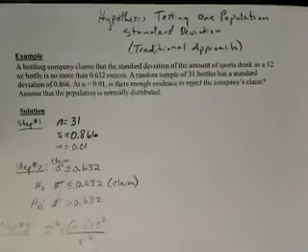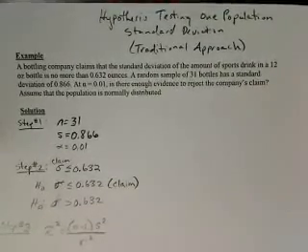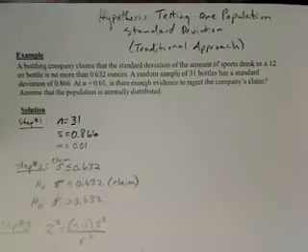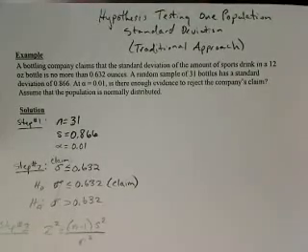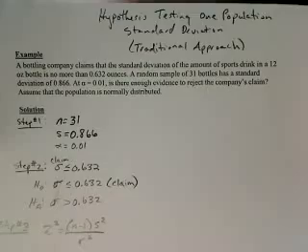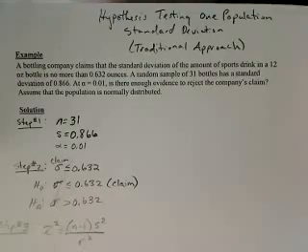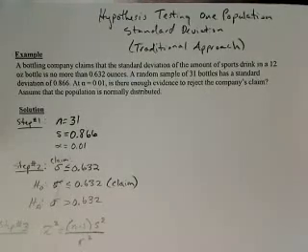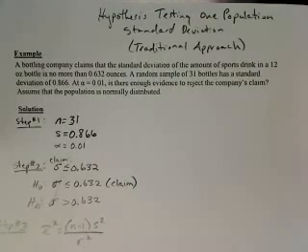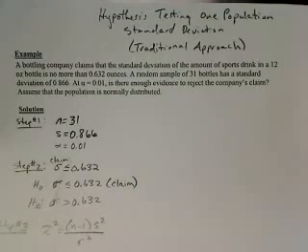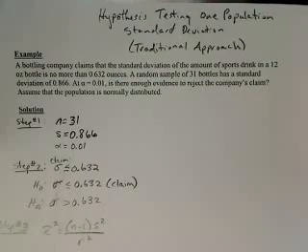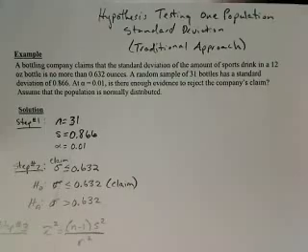This is a hypothesis test on one population standard deviation using the traditional approach. In this example, a bottling company claims that the standard deviation of the amount of sports drink in a 12-ounce bottle is no more than 0.632 ounces. A random sample of 31 bottles has a standard deviation of 0.86. At an alpha equals 0.01 level of significance, is there enough evidence to reject the company's claim, assuming that the